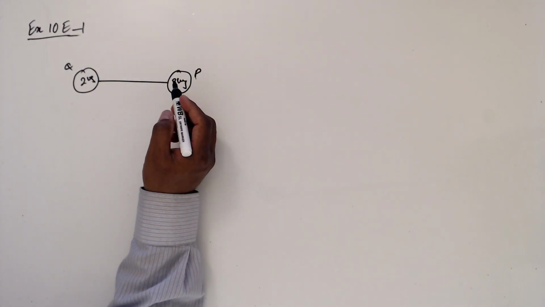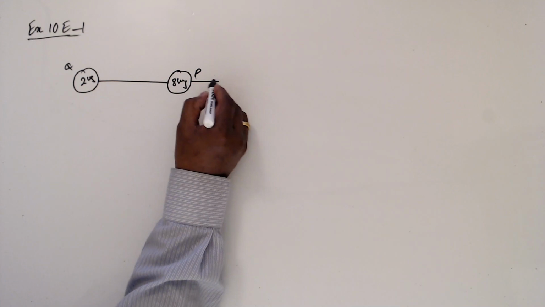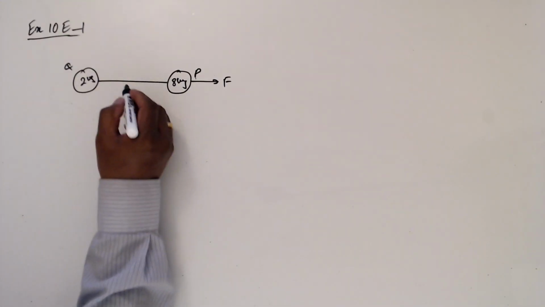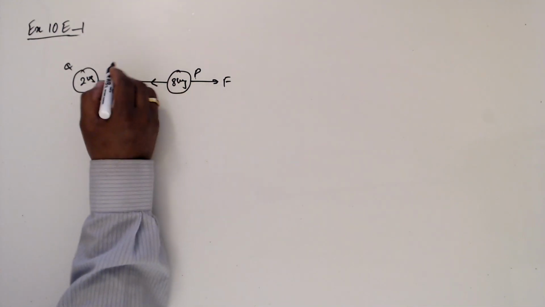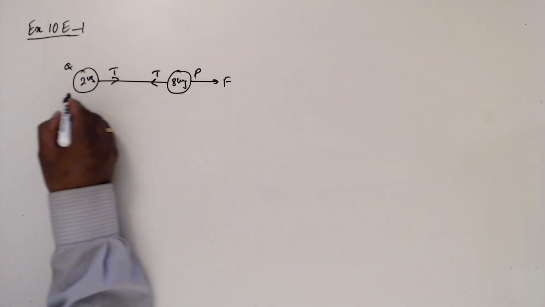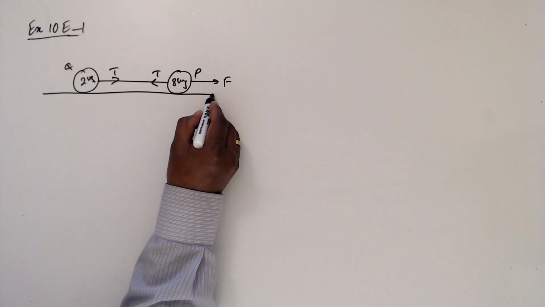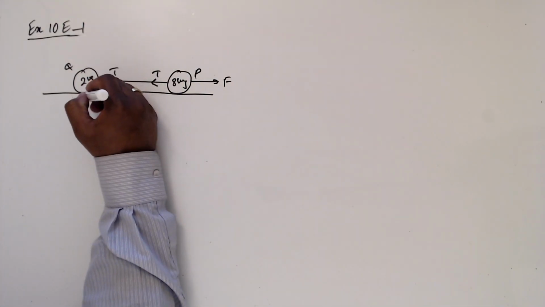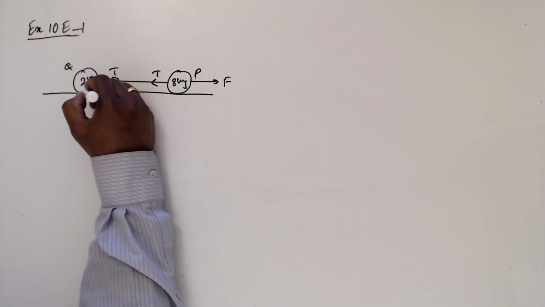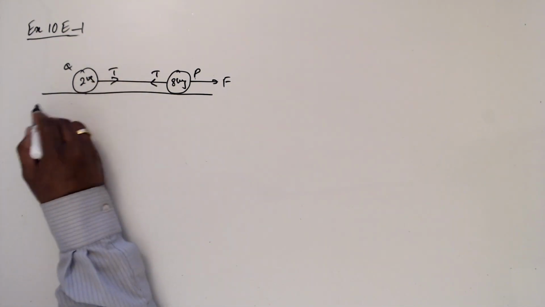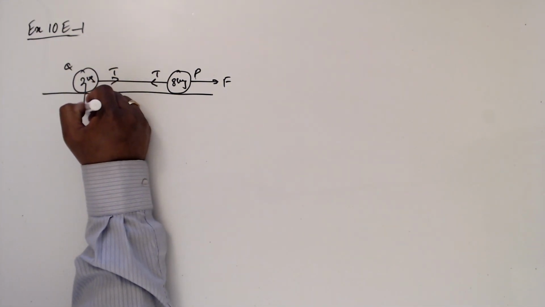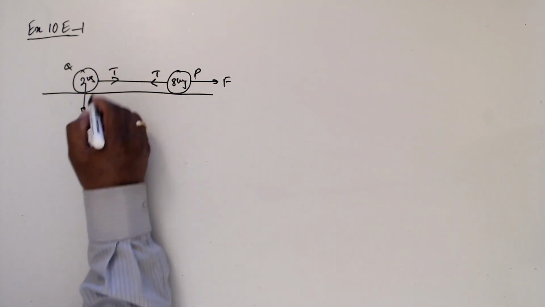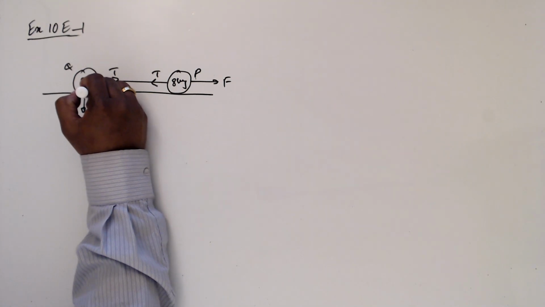inextensible, and a force is given to go away for this side, and when it's taut you have a tension T, and this is kept on a smooth plane. So since this is smooth, there is no friction. So this is going to be weight of this particle 2g, and since it is touched, these two, when two